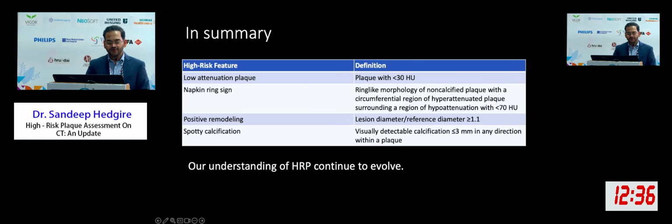So in summary, there are 4 high-risk plaque features: low attenuation plaque, napkin ring sign, positive remodeling, and spotty calcium. It's not only the presence of these plaques, but also the segments involved, as well as whether one or more plaques are present. That is the key to determine whether they are a marker of vulnerability and whether these patients will develop ACS